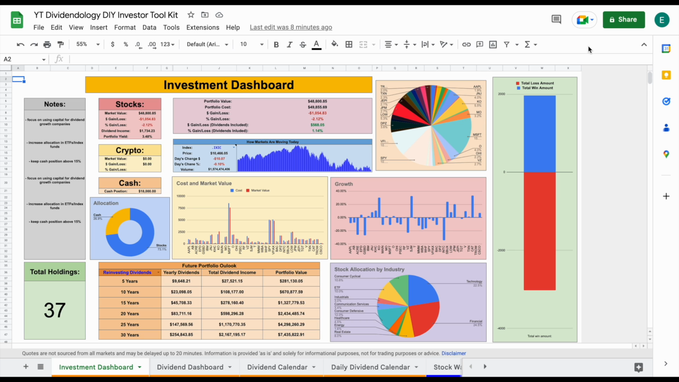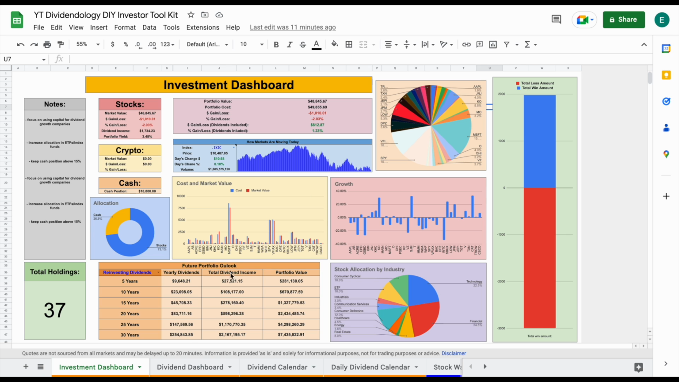In addition, diversification can help to smooth out the ups and downs of the market and provide a more stable return over time. By diversifying, you can potentially reduce the volatility of your portfolio and increase the likelihood of achieving your long-term financial goals. To show an example of this, let's go ahead and jump into my do-it-yourself investor toolkit